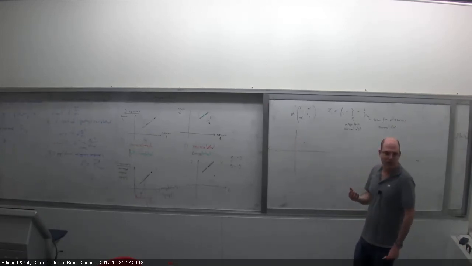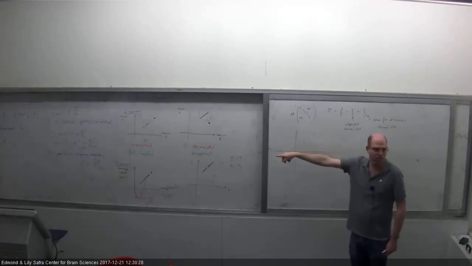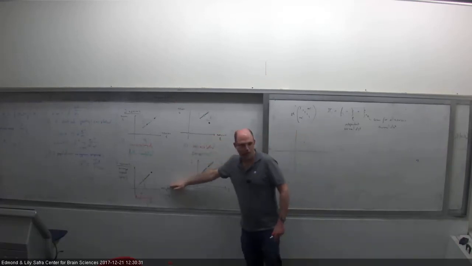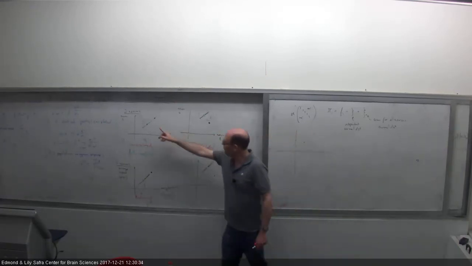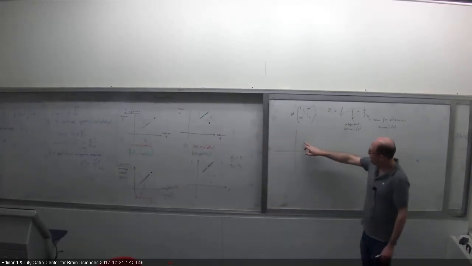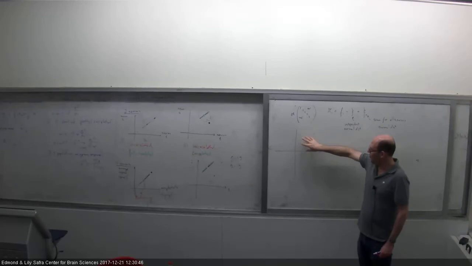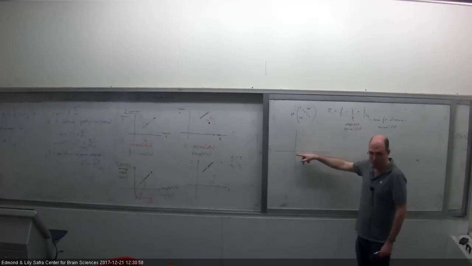And now when we increase n, what will happen? When we increase the number of neurons, the part which is the isotropic will shrink, just as much as it was shrinking from here to here. But the part which is shared will not shrink. So for that reason, if our two points lie here, we will improve as we increase the number of neurons. We will improve because the part of this ellipse which is like a circle will shrink, and we will remain at the end with a line which has a somewhat smaller variance than the variance of the two components, the shared component and independent component. So we will improve, but we will saturate.